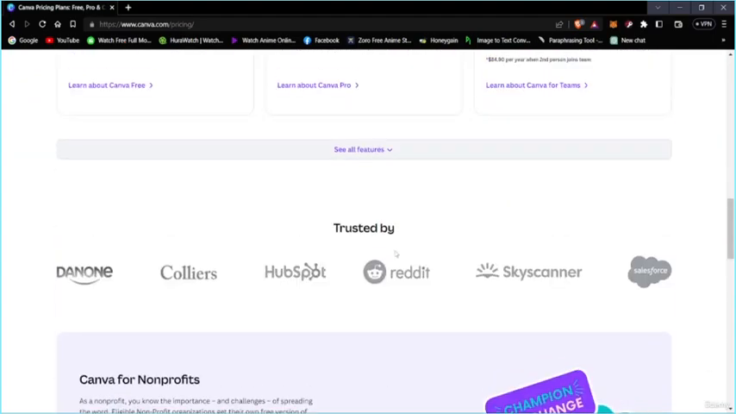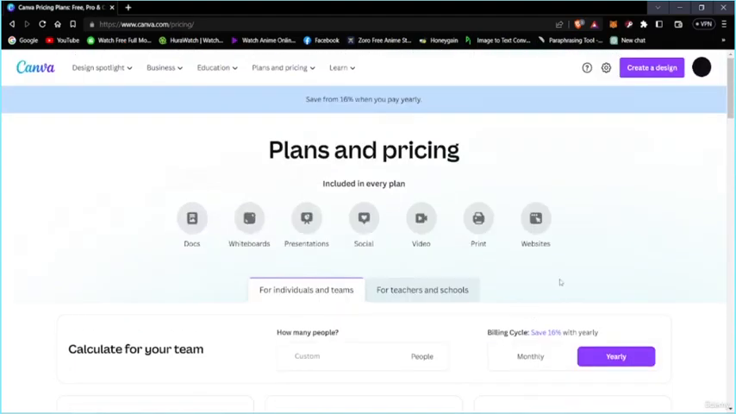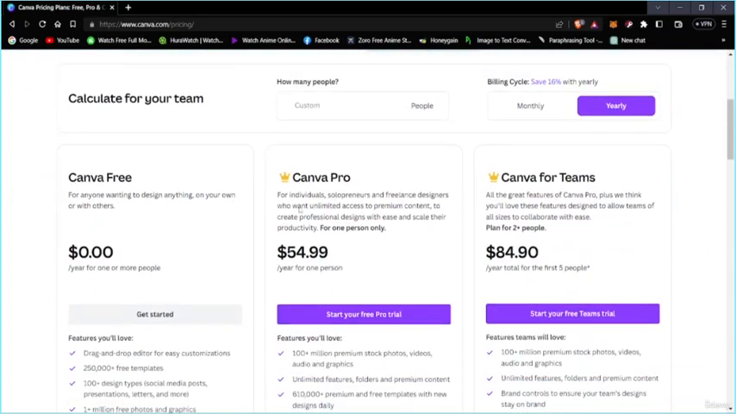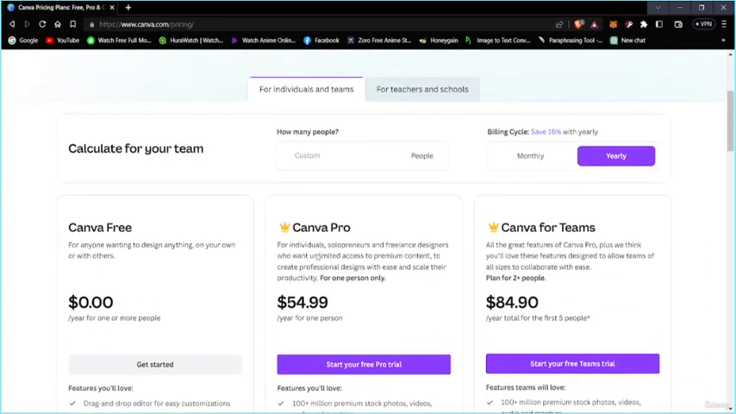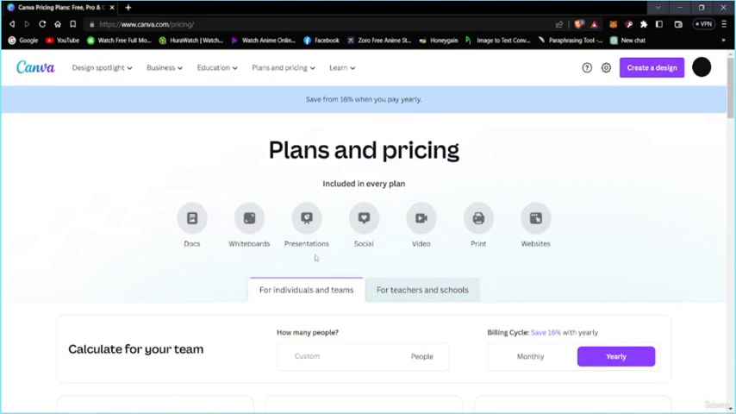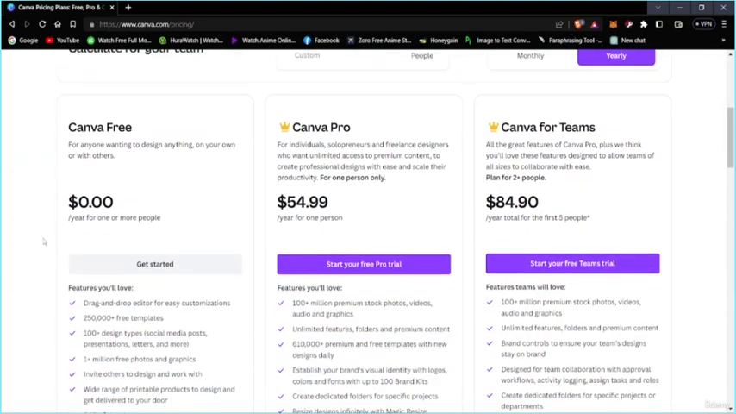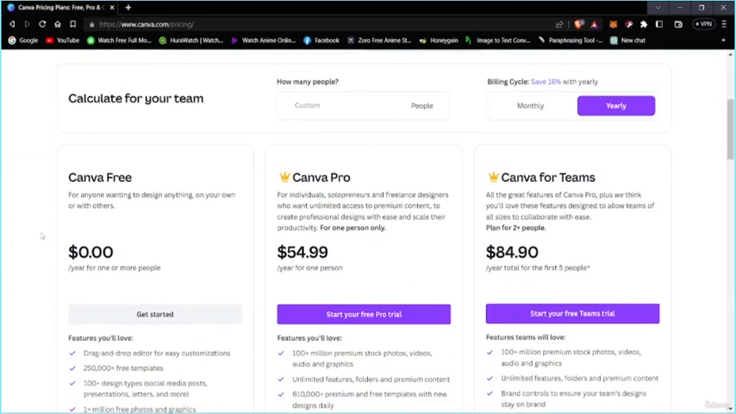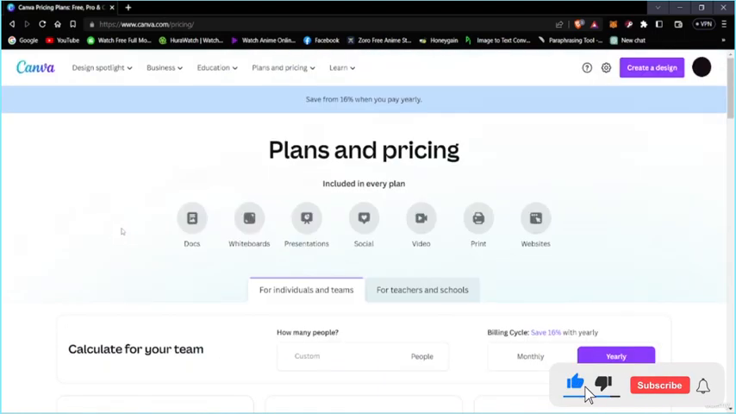And it's best if you get the Canva Pro version for one person, yearly. That would make a really good difference. But if you're just an independent user, you can just use Canva free. That's not a big deal. So we're gonna go back,